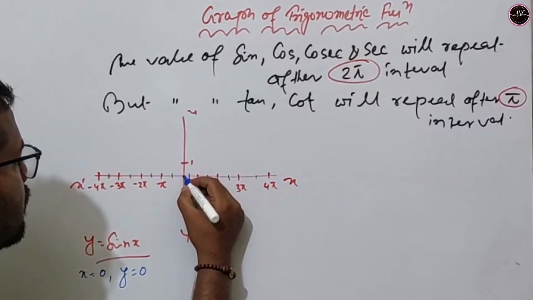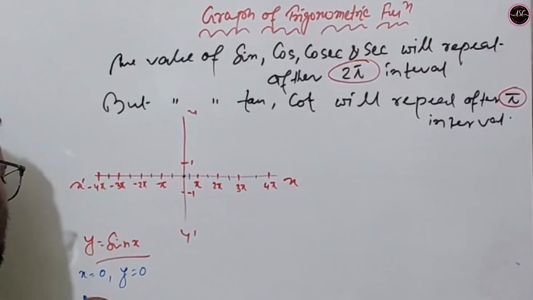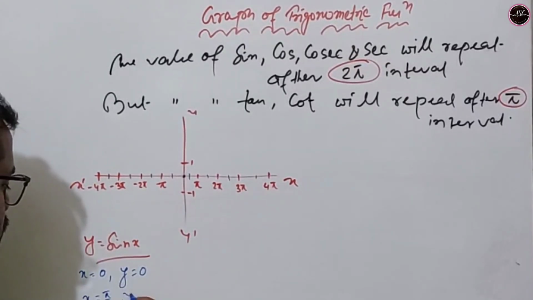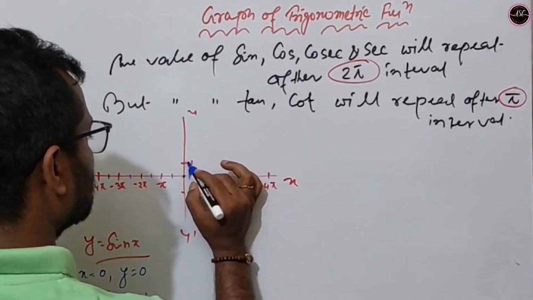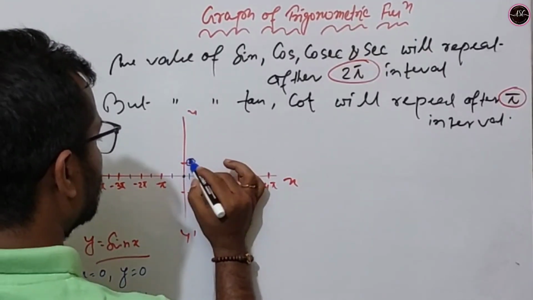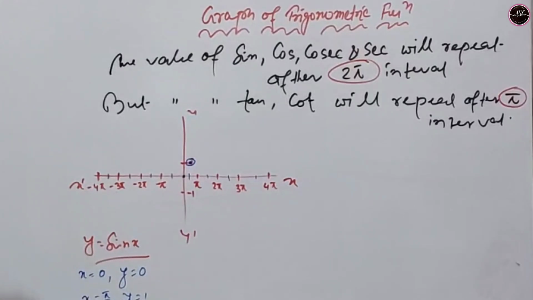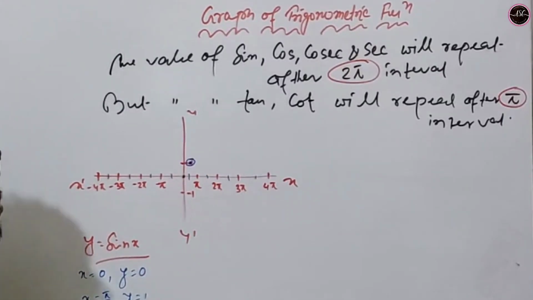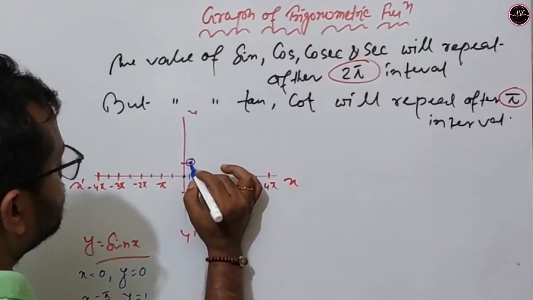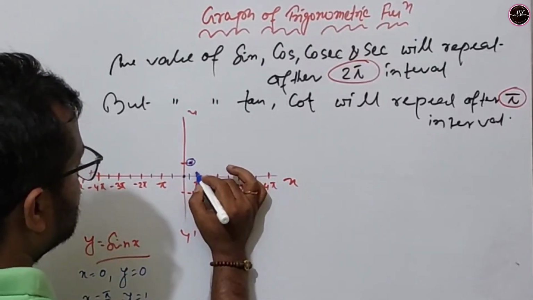That means here if x equal to pi by 2, y equal to 1, that means here pi by 2 and this is 1. Okay, so here will be the point, and when x equal to pi, y equal to 0, so this is the point. Okay,